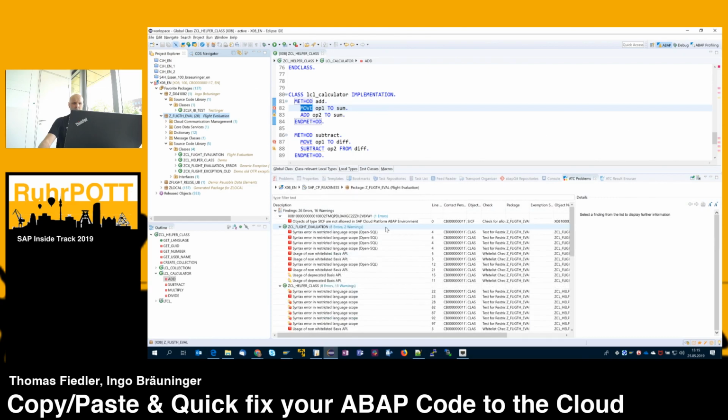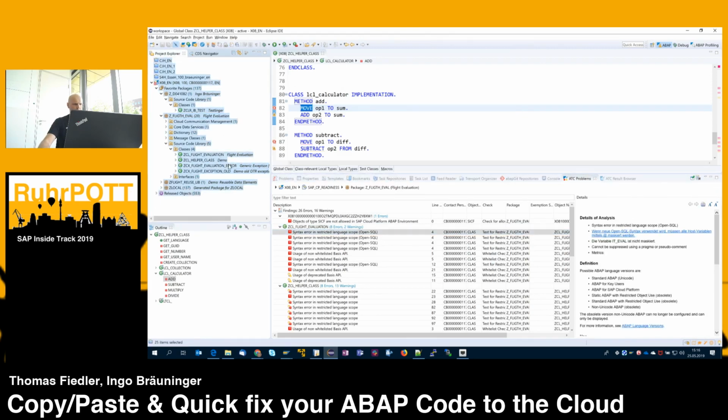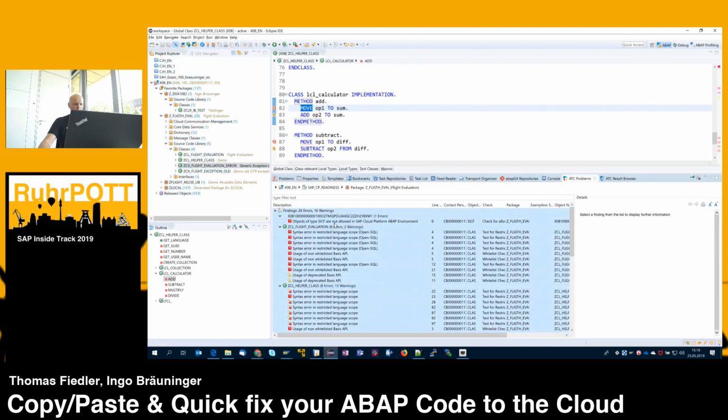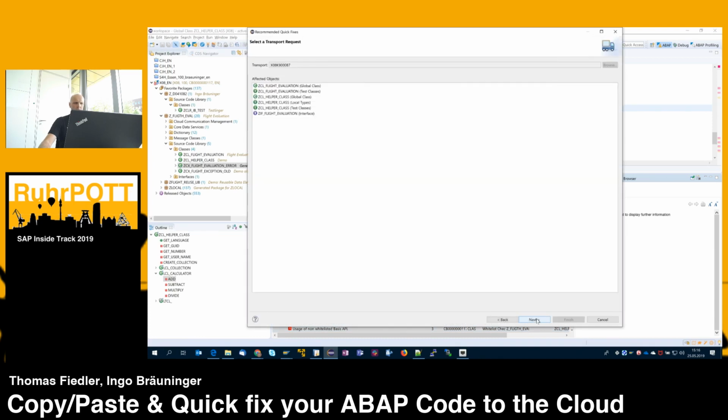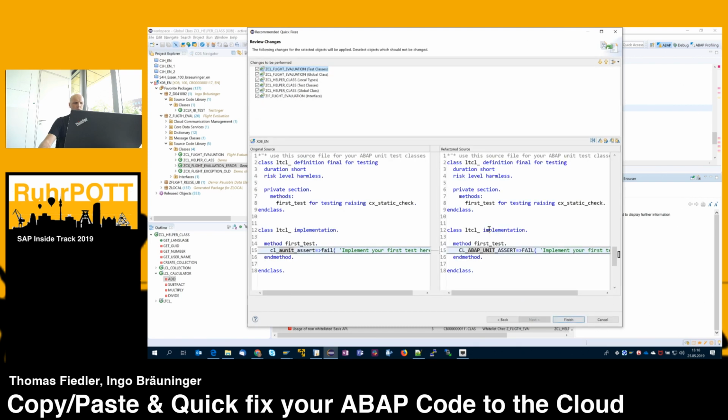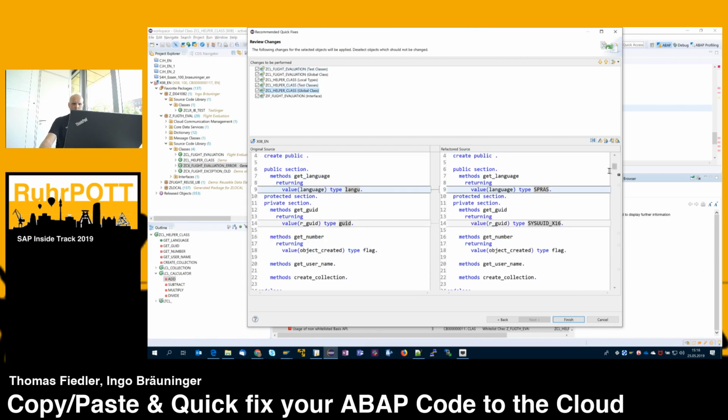And again, we are having the same issues reported now that we also saw in the Fiori app. Now it's again here as a developer scenario. If I now go again to my findings tab and choose recommended quick fixes, we also get an overview and the help, quick fixes displayed from the tooling. So what could be directly converted from the old implementation to the new one, the Steampunk-like or ABAP and sub-CP-like version. For example, this helper class here, there are more findings in it.